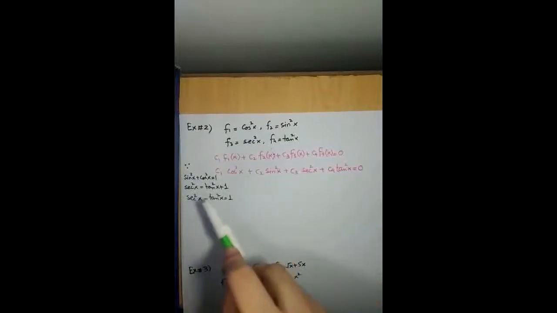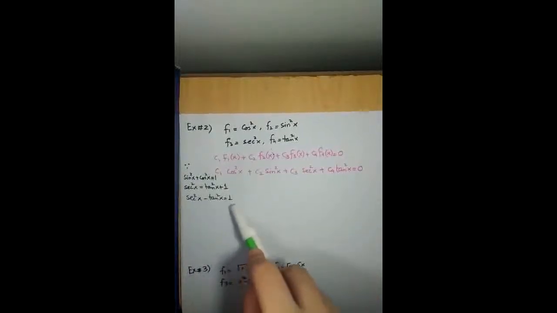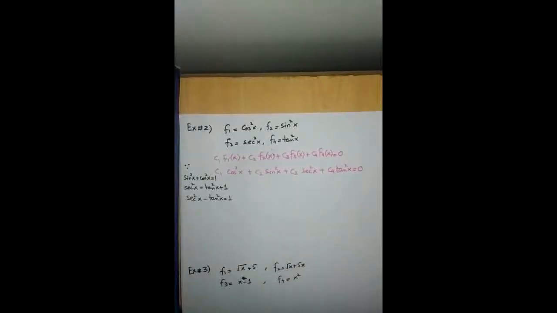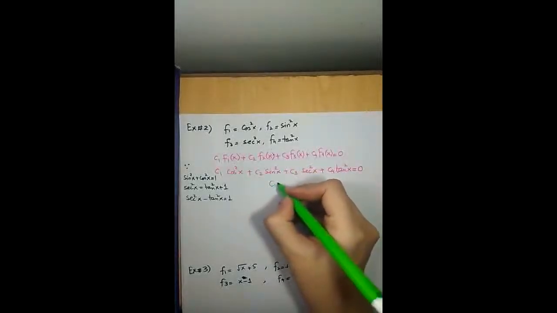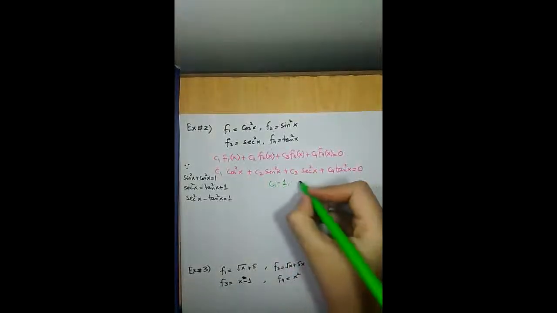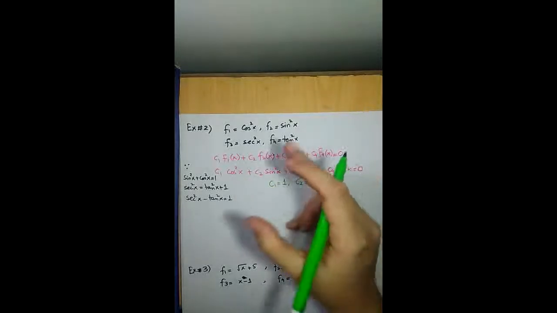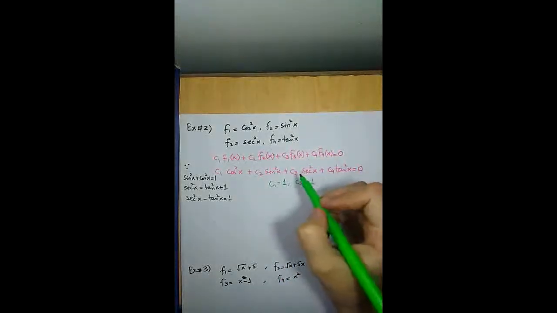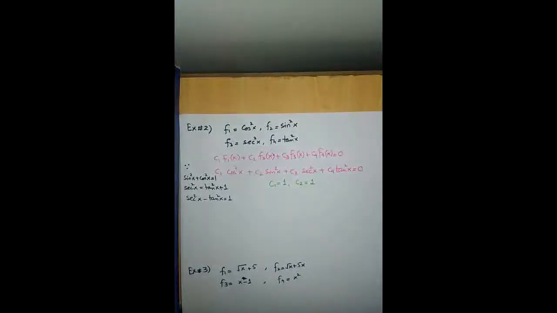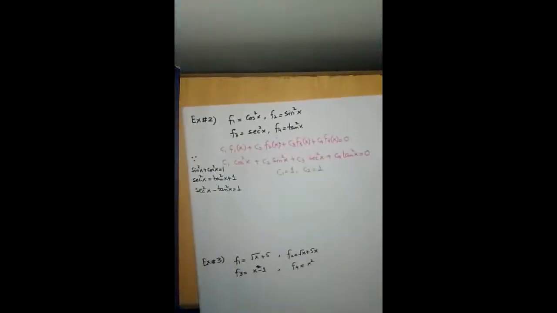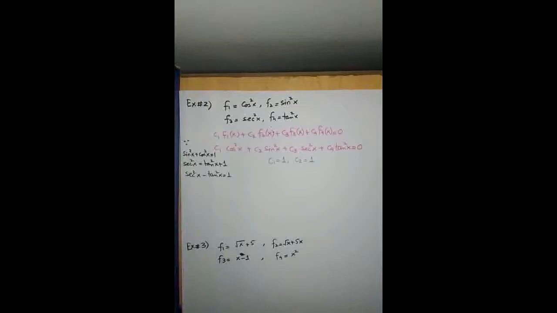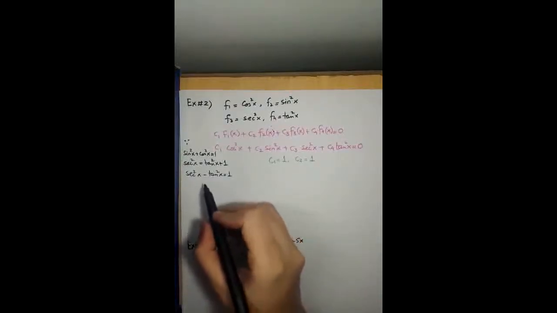I have to make it secant square x minus tangent square x. So what should I do? Tell me. If I select C1 as 1, and if I select C2 as 1, then cos square plus sine square equals plus 1. And to make it minus 1, I can use this identity. I can also use this identity as